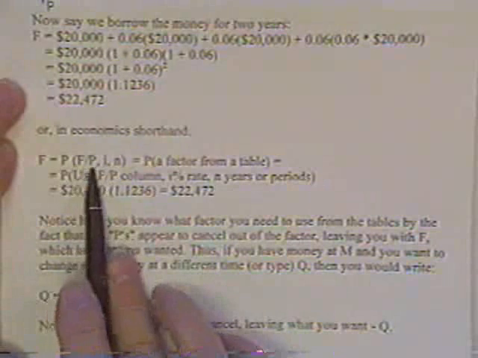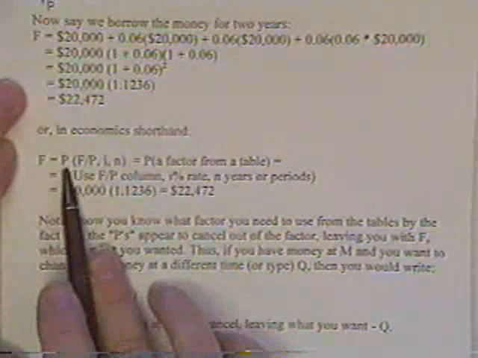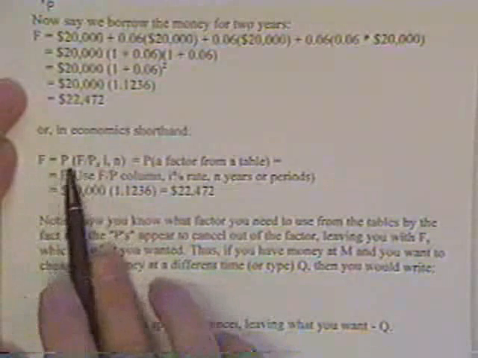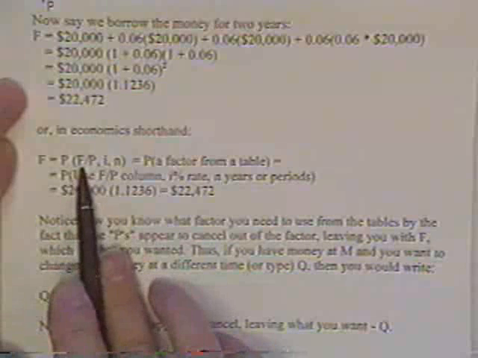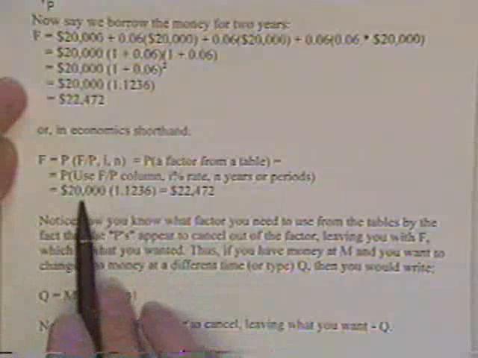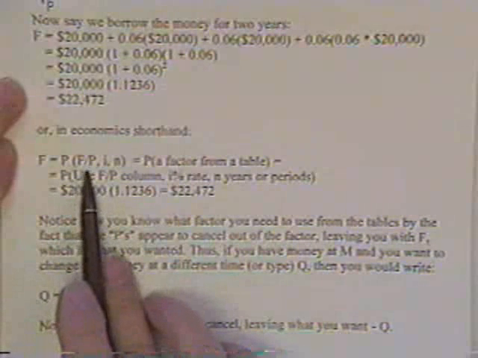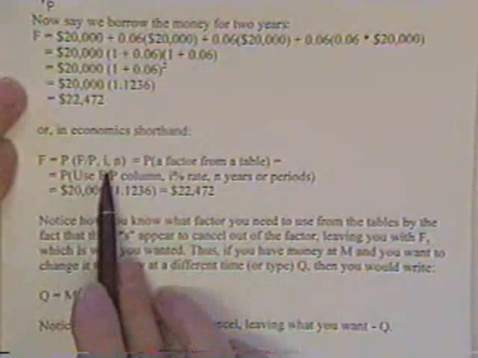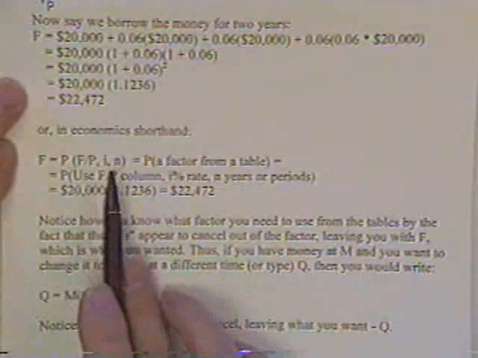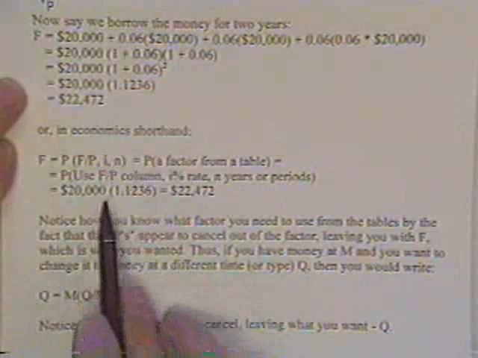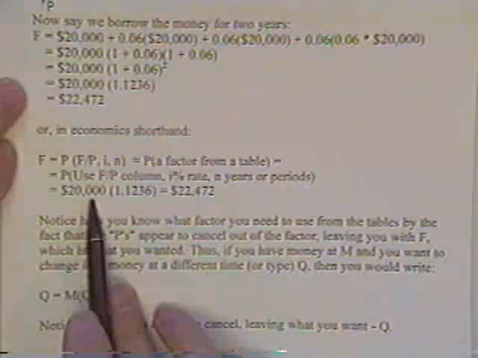As before, you know which column to look under, because if you want to change P into F, you've got to multiply it times F over P. The P's cancel, leaving F. In that case, if you look up the F over P column at 6%, then you look on the N equals 2 row,